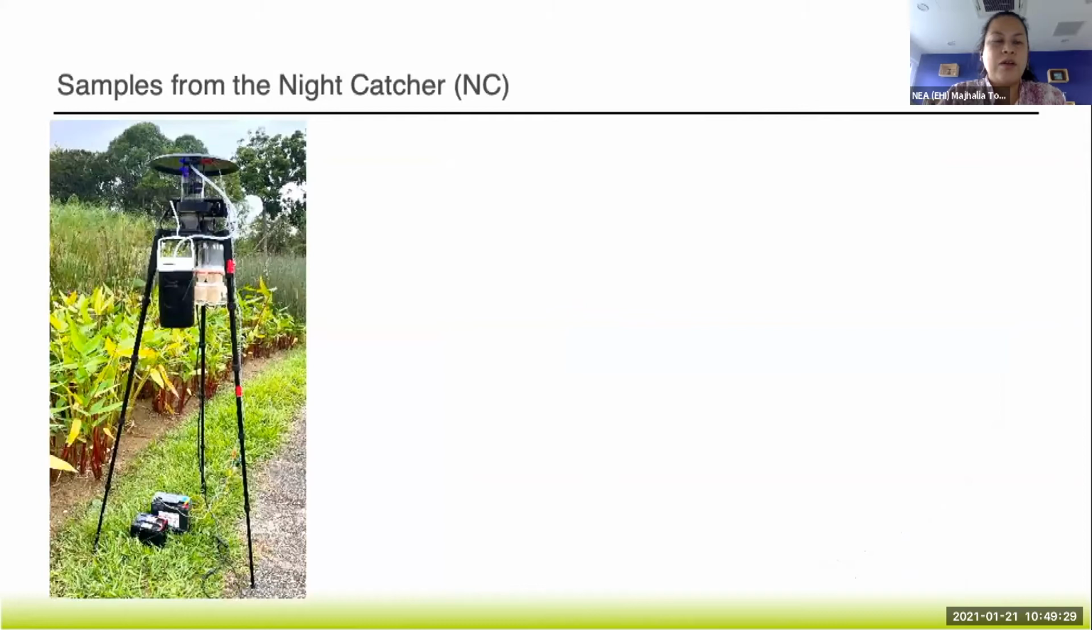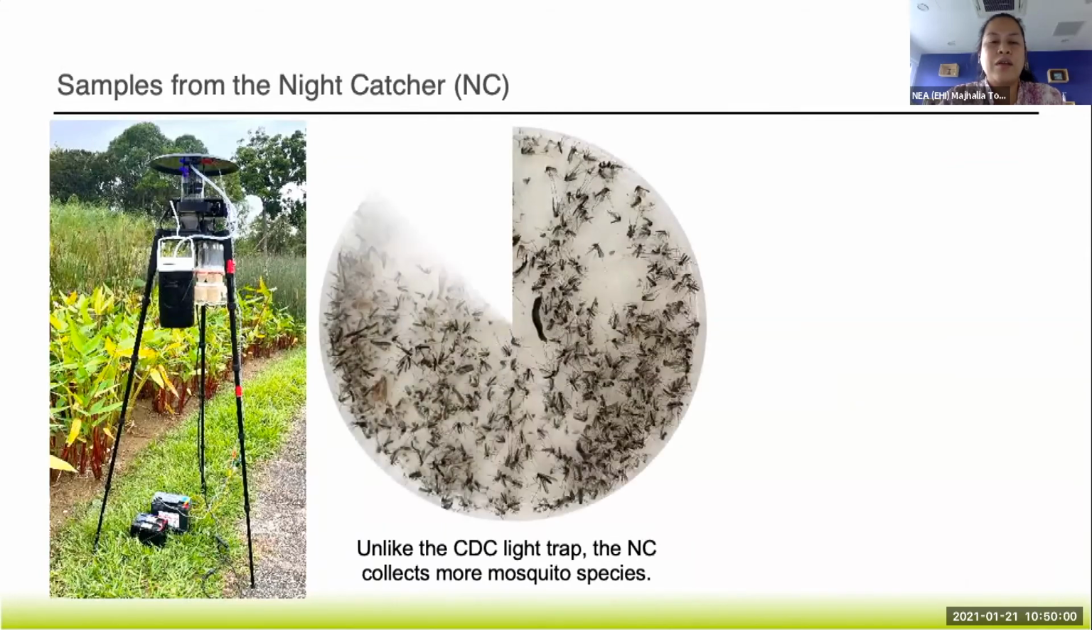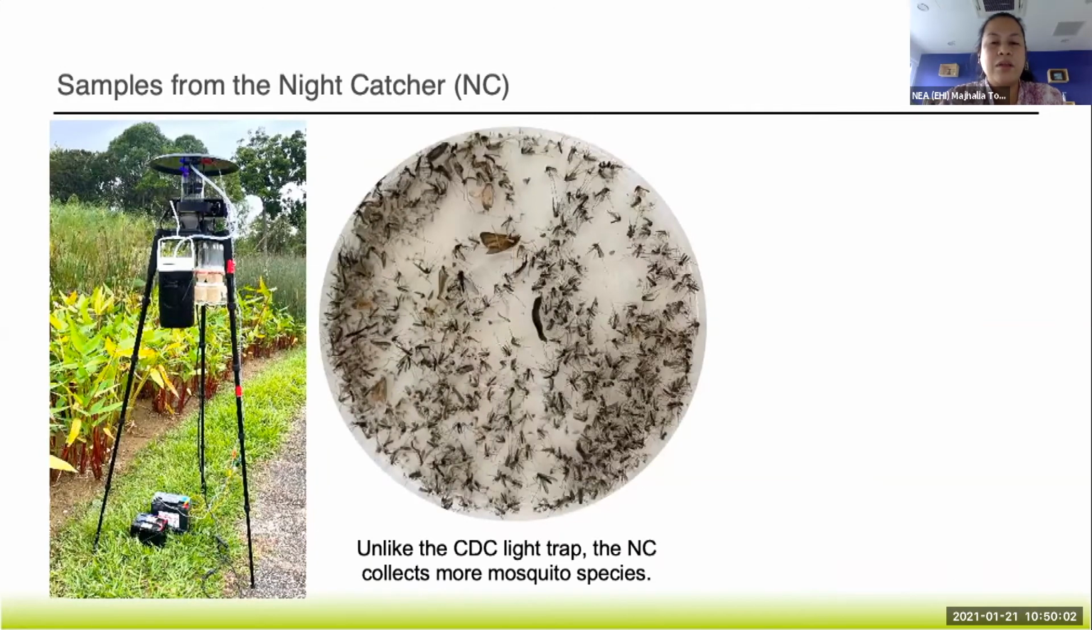All right. So another sample of a trap is the night catcher. This is actually very similar to the CDC Like Trap. The primary difference is that it can be timed to rotate every hour for the next 12 hours, 24 hours. If you like, you can change the time intervals between collection bottles. So when you do this, you actually increase the chances of getting better mosquitoes, and also getting more mosquitoes to